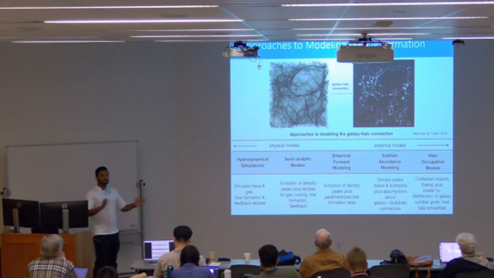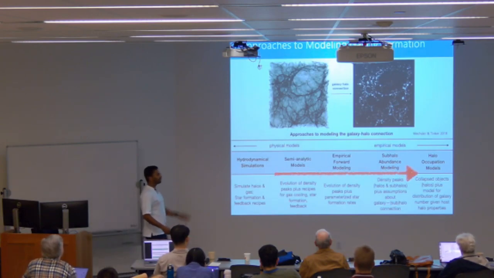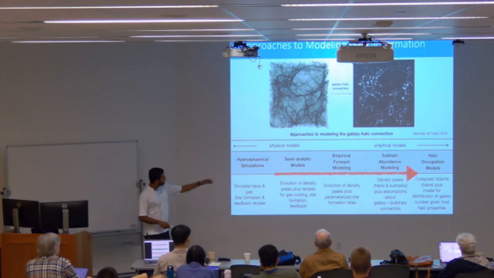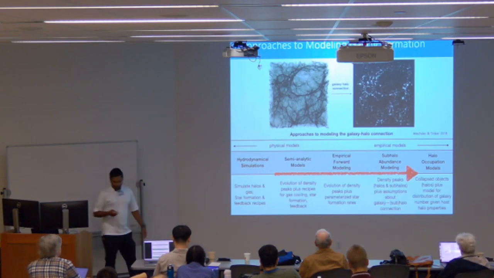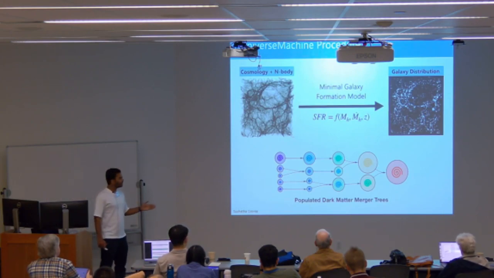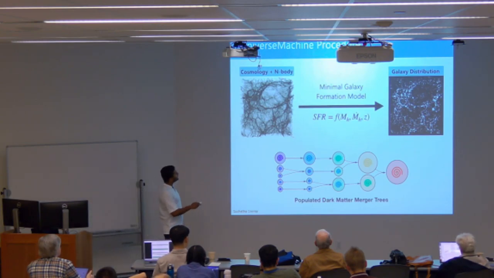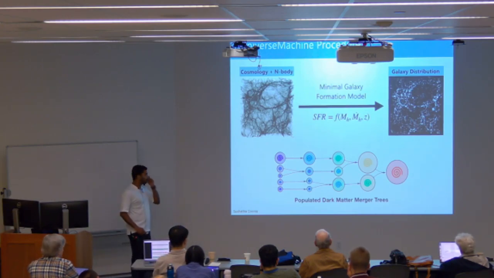Connecting galaxies and halos comes in a spectrum. Different people can have different opinions on where you should lie. In this case, we are falling right in the middle with empirical forward models. The famous one of these empirical models is UniverseMachine. I'm sure most of you are familiar with it, but the core of it is that you are populating star formation rates into these subhalos, and then you calculate stellar masses by self-consistency modeling through the merger history.